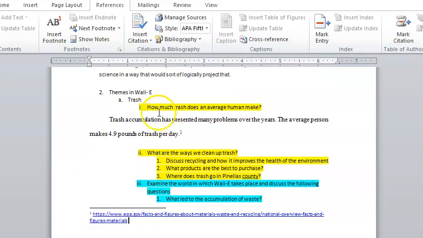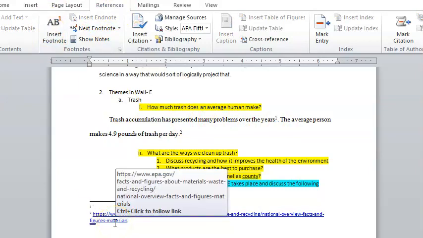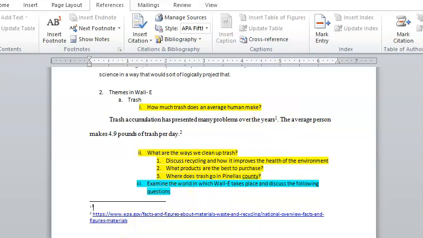footnotes go. So when you look up anything that you research, and again, we're not copying and pasting. We are rewording and giving credit where credit is due. You need to footnote the sources, okay? Again, how you do that, references, footnote. And if you want to give more information, you could even give more information in the footnotes. For more information, please see this website. So footnotes is a great way to add content. It's obviously an amazing way to give credit where credit is due and not plagiarize,